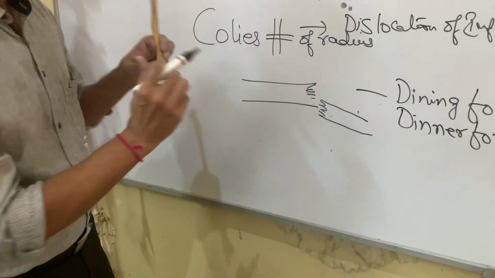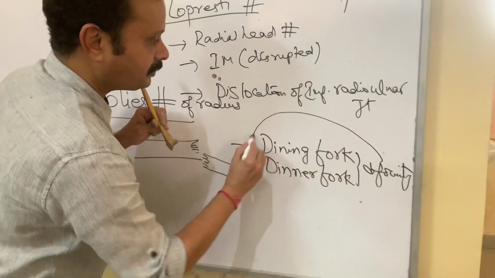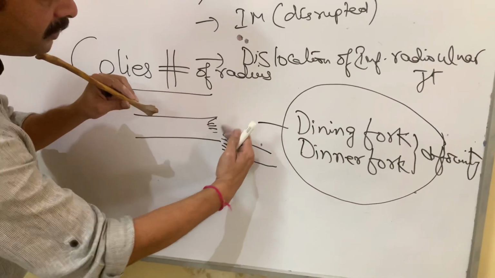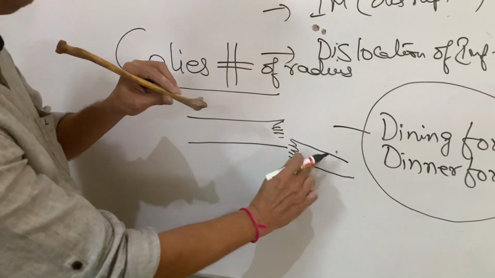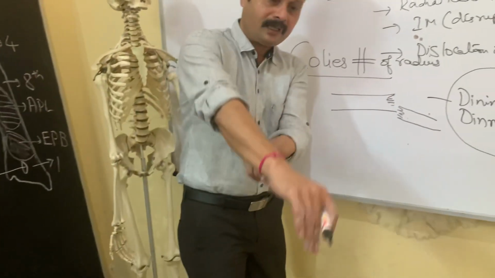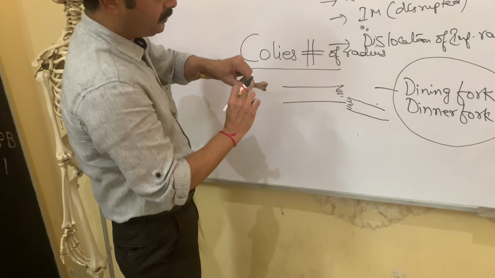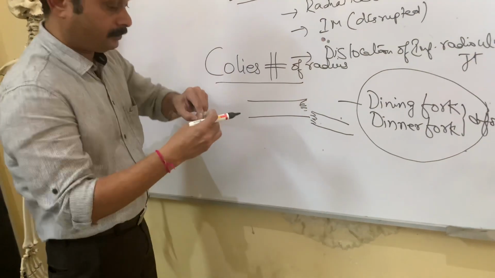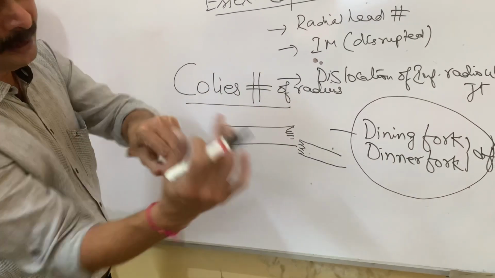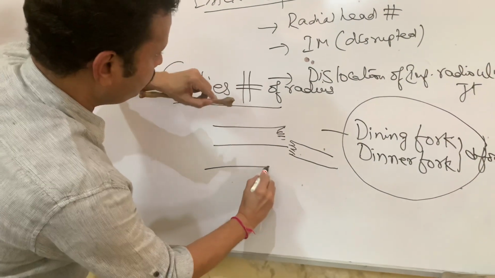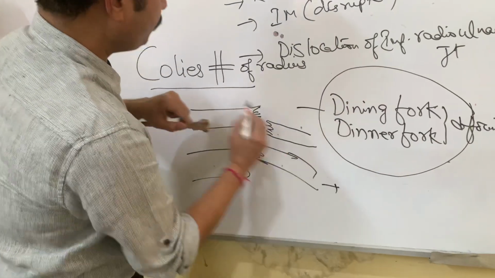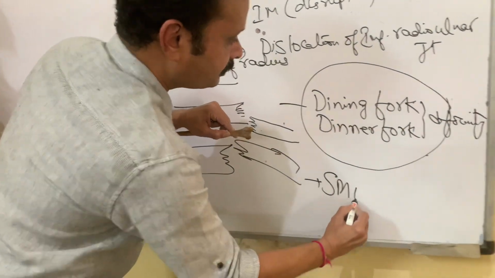Is it clear? So the Colles fracture is characterized by this dining fork deformity, where the distal fractured segment is displaced backwards and upwards, and under X-ray it appears like this. The reversal of this, if there is a fall like this, not on the palm, but on the dorsum of the hand, the fracture segment will be like this, and the reversal of the dining fork or Colles fracture deformity is called the Smith fracture.